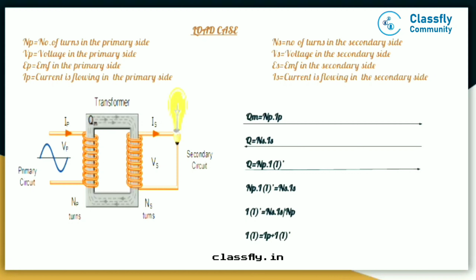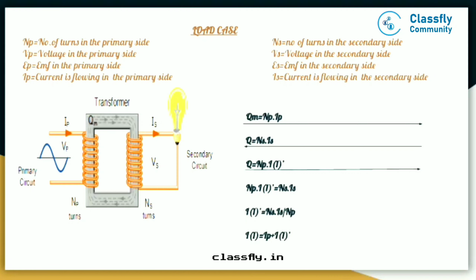and that will be denoted here as your I1 bar. Okay, so that means your new phi will be NP, that is the number of turns in the primary side, and I1 bar. That means this area will maintain the secondary side phi, and that means as this phi was moving from secondary to primary, now this phi will move from primary to secondary. So both will nullify each other and only our phi will be left. So this is the main concept.